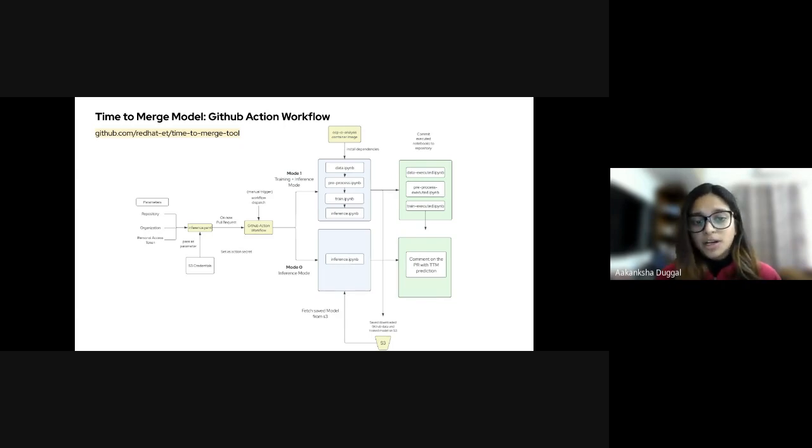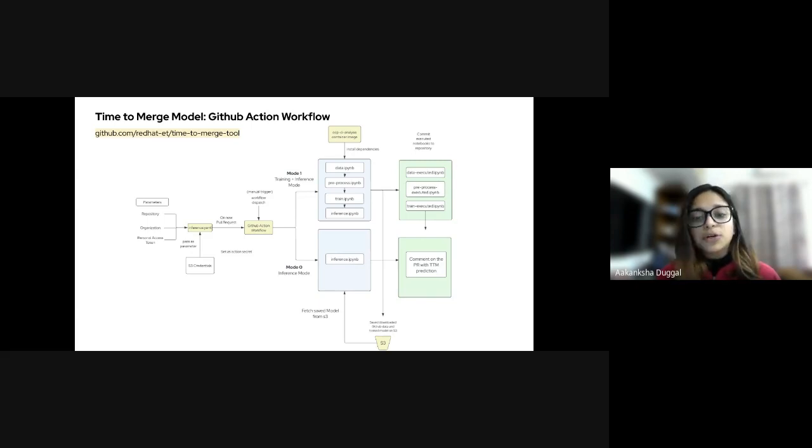I'm not going to go over it in too much detail, but the parts that I want to highlight are that every time a new pull request is triggered on the repository, or even on demand, you can run this workflow. It can be started in two modes. The first one is the training mode, and the second one is the inference mode. Every time there's a new repository, we would definitely want to train our model first. And once we have a custom model that we've saved in S3 storage, we can just continue to use the inference mode, where it quickly runs the inference to see where this pull request stands.